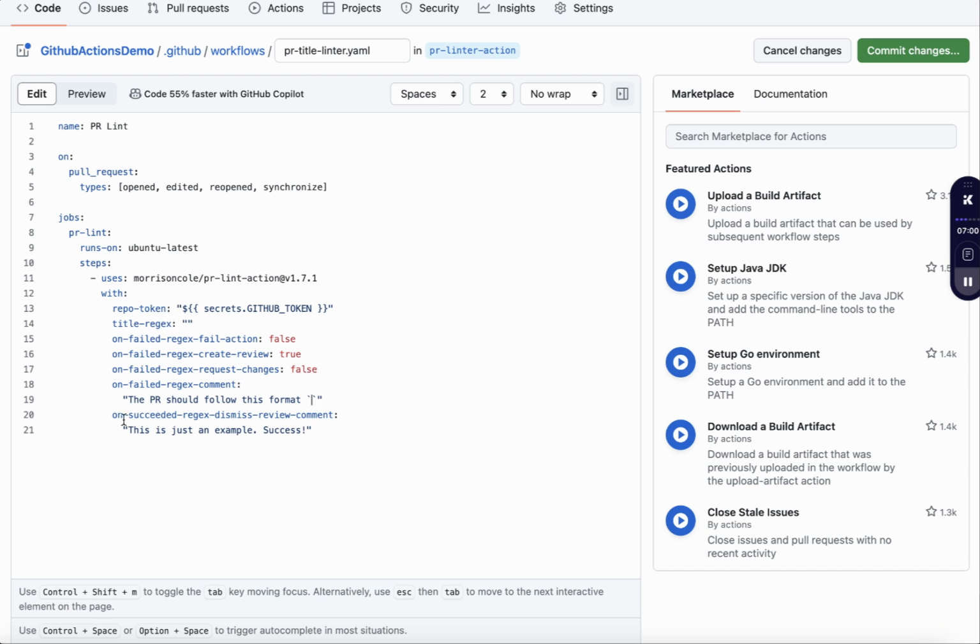The final part here is on succeeded regex dismiss review comment. If we need to just leave a comment once the action has succeeded, we can add it here. This can be something like: awesome, the PR title is correct, or matches the format,